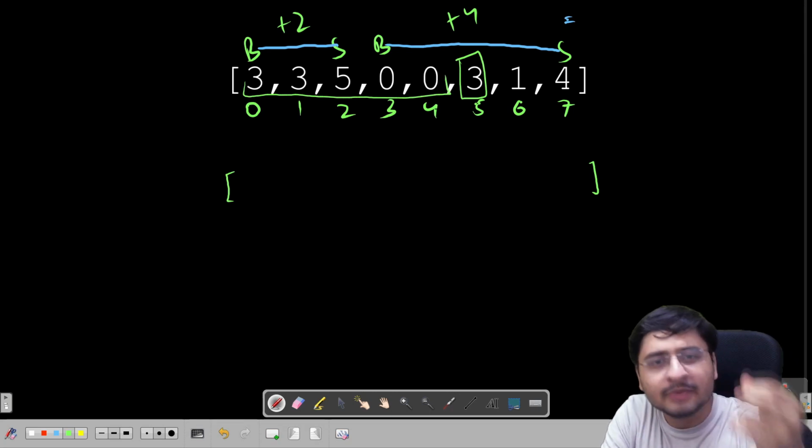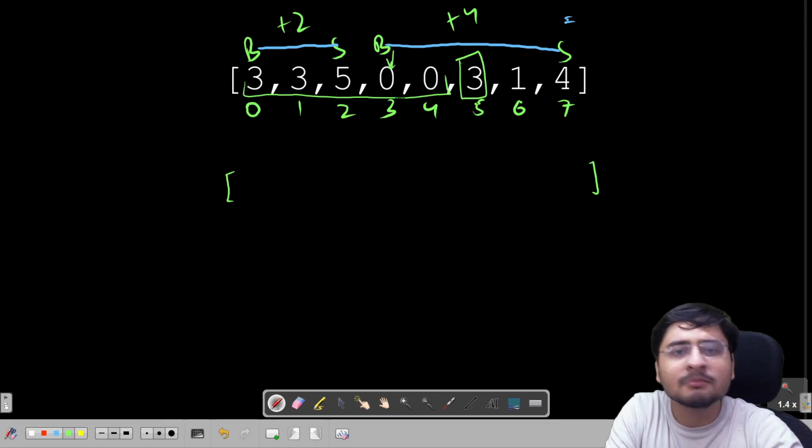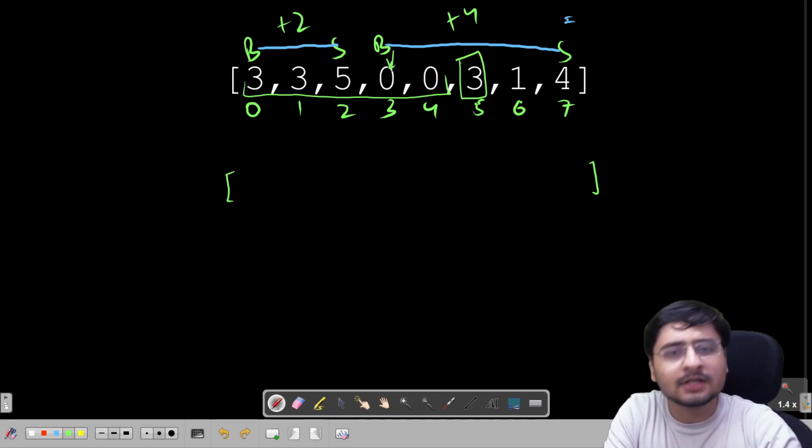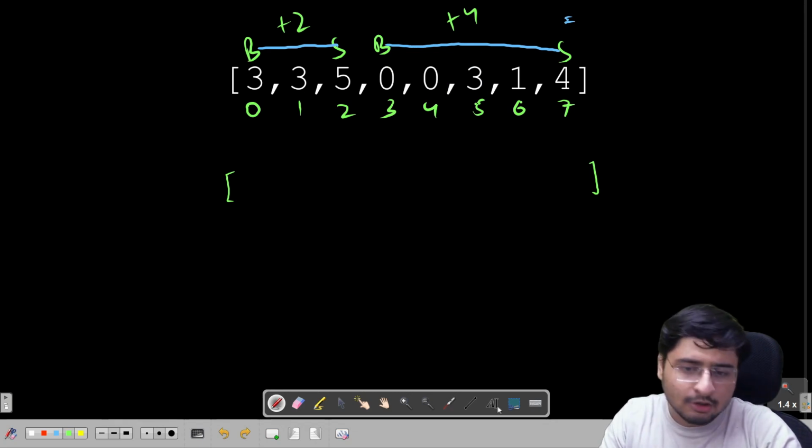Of course, the minimum price will be the best day to buy. Let's say this is the minimum day. Of course, this is also one of the minimum days, but let's say this is one of them. And when I buy here and I sell here, the profit is 3. So I hope you understand, right? I'll call this array,